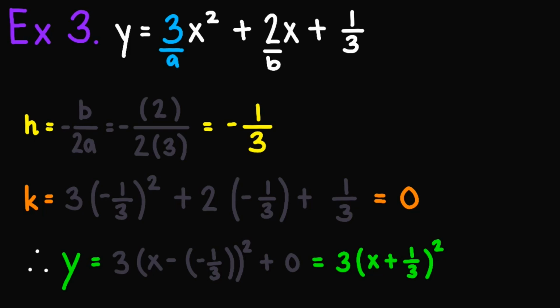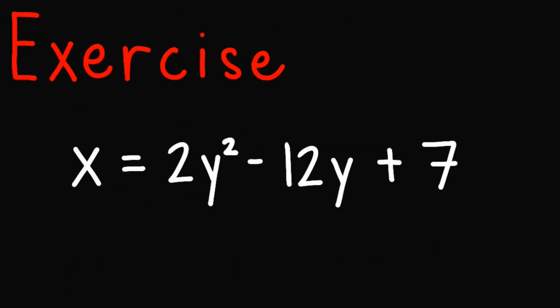So to formally end this, here's an exercise that you can work on. In here, we are given x equals 2y squared minus 12y plus z. The steps are similar. The only thing that would be different is that, take note that since our degree 2 variable here is y, and the degree 1 variable is x, what we do here is we are given x equals ay squared